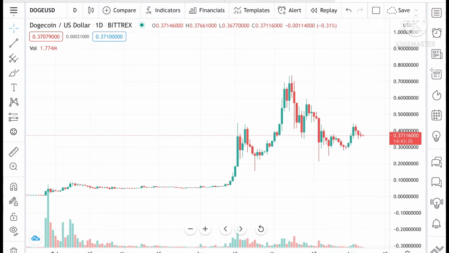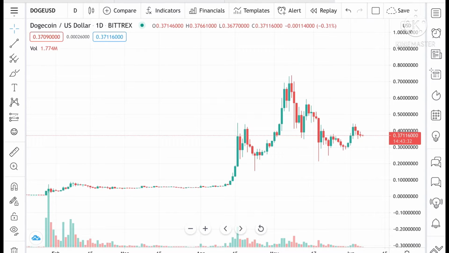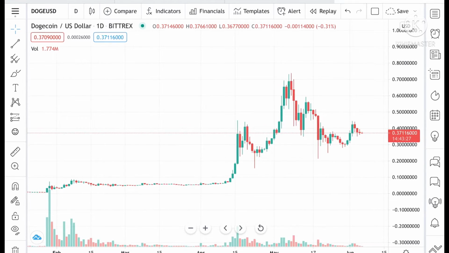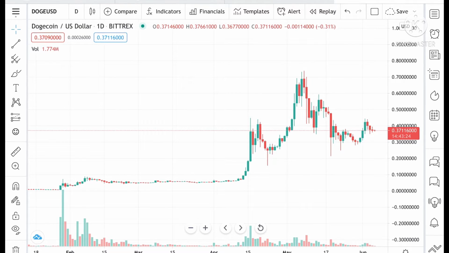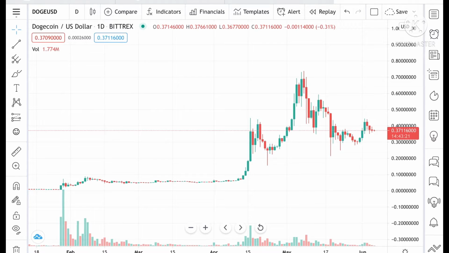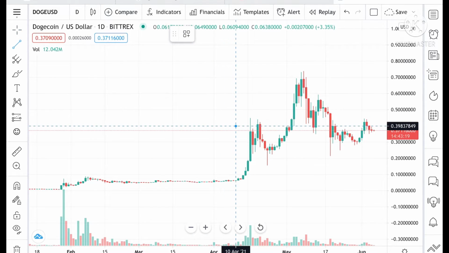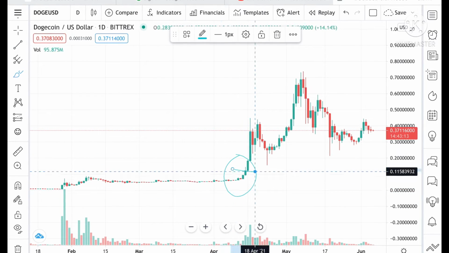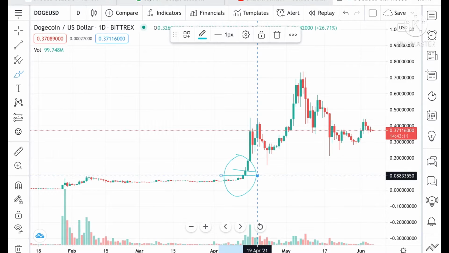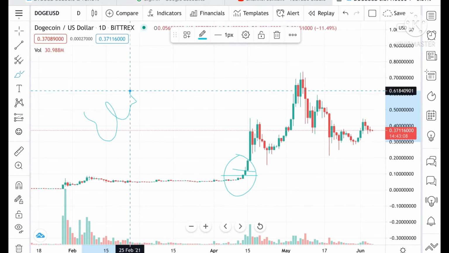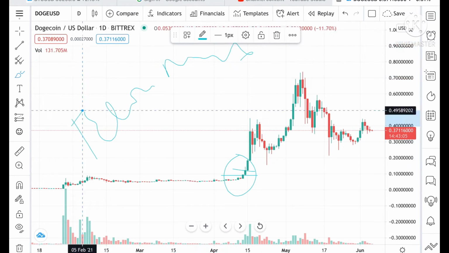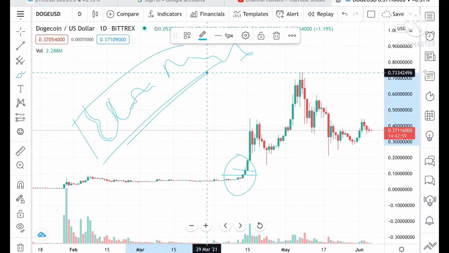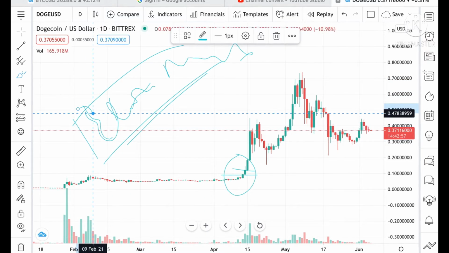If you look at this chart, only after the 5th of May, if I show you a trend this way, after the 10th of April we have seen a sharp rise in Dogecoin. That may be because of Elon Musk's tweets and all. Even in Bitcoin, Elon Musk is playing a very vital role because he sometimes tweets, and this happens because of that. There is a sharp rise or decrease in the price of cryptocurrencies.